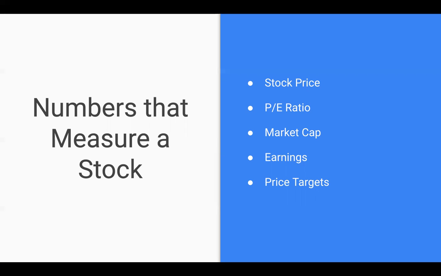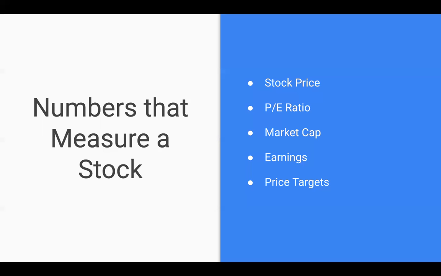Now, the fourth is, I would say, earnings. So earnings is basically every quarter a publicly traded company has to come out with earnings. Now, if a company beats their projected earnings, the stock price is sure to go up. At these earnings calls, there's also a lot of news that comes out about that company. If it's good news, the stock price is more likely to go up. If it's bad news, more likely to go down.